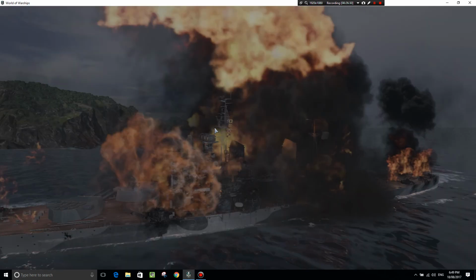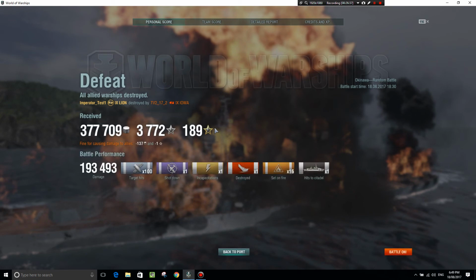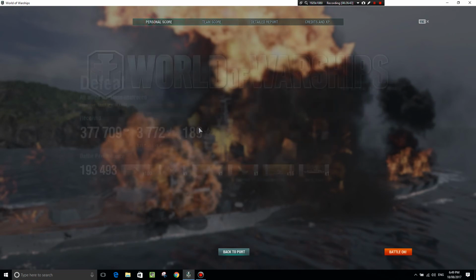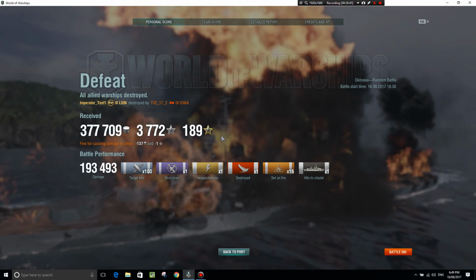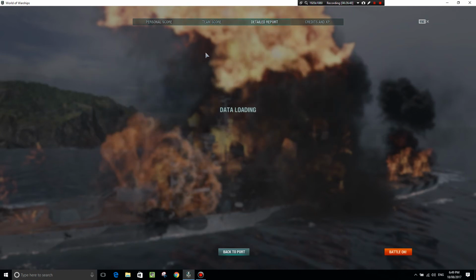So there you go, 193k damage. Average game. Nothing really special. I mean, that's what you're going to get in random anyway. You're going to get average players, just mega potatoes. But if we look at the detailed report,